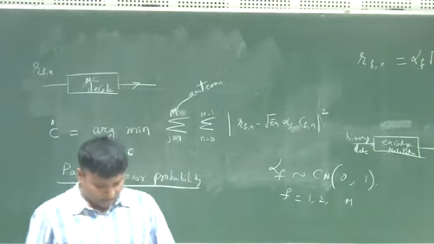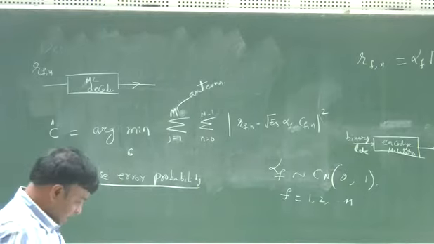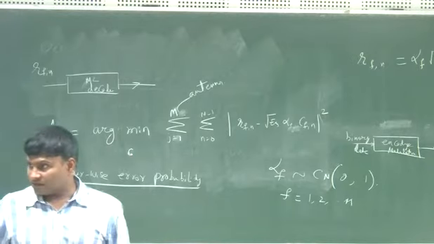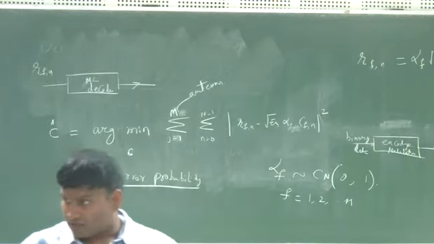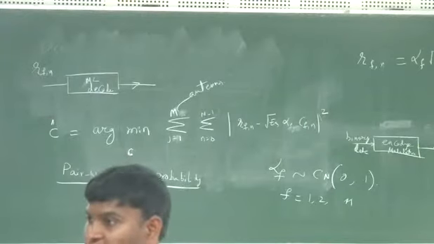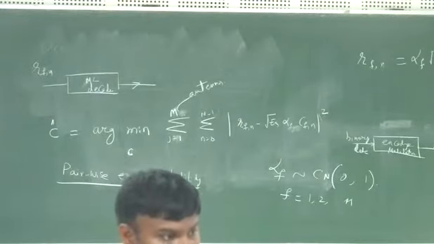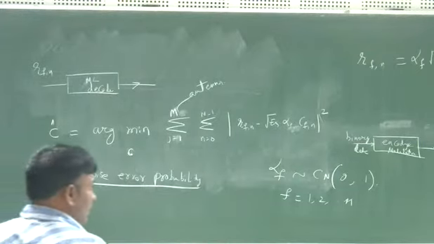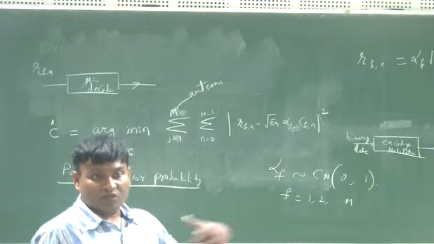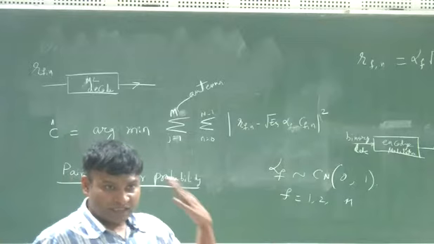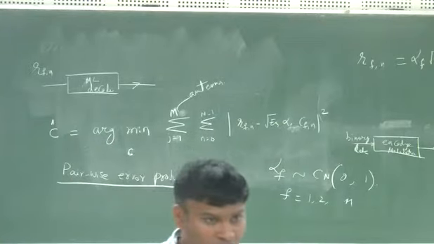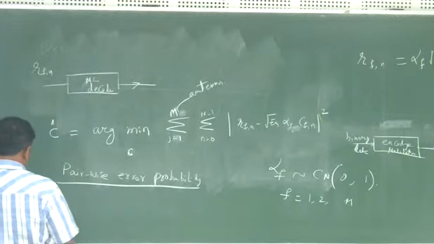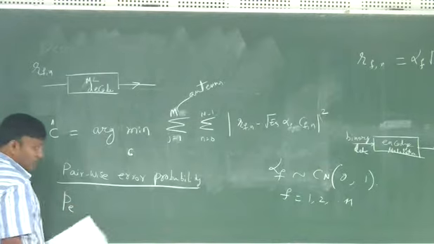How do you define this? Well, you take any two arbitrary code words, coded sequences. A code word is one particular code sequence. You take any two particular code words. In fact, one of them you can consider, without loss of generality, as the all-zero code word. Then you can choose any other code word as the second one. But in any case, we'll start with the pairwise probability of error.